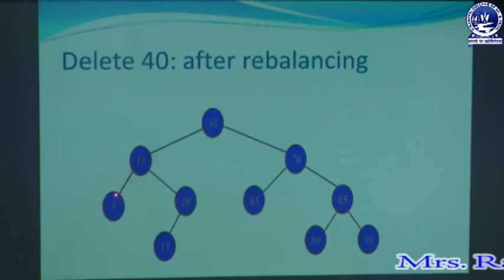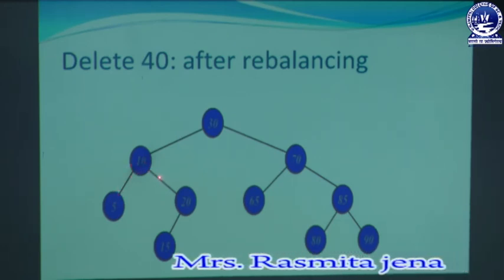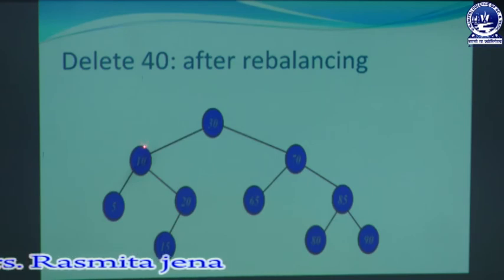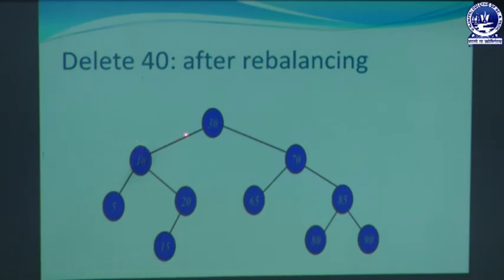Here the left subtree has height 1 and the right subtree has height 2, so 1 minus 2 is minus 1. So this node is balanced. This node has left subtree height 1, 2, 3 and right subtree height 1, 2, 3, so 3 minus 3 is 0. The height of this node is 1, and this one has height 0. So all the nodes present in this AVL tree have a balance factor of minus 1, plus 1 or 0. That means it does not exceed 1, so we can say this tree is balanced.